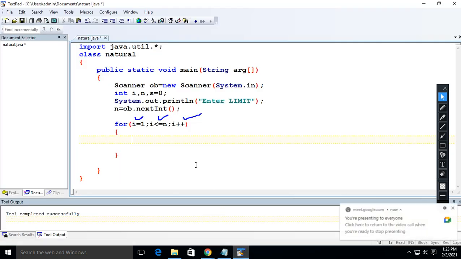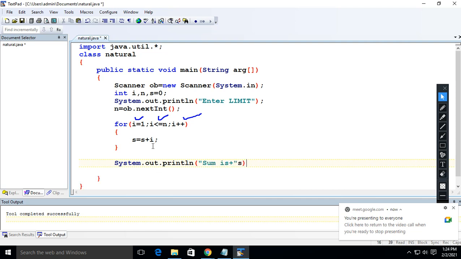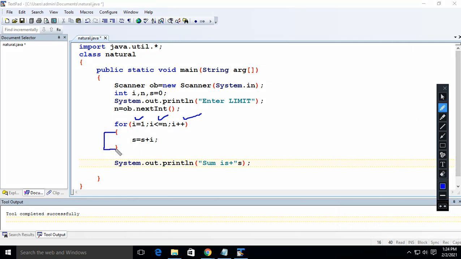Now wait. Look here on the screen, everybody. Now see, Archit, how many outputs will you get in this question? Beta, please mute yourself. In case of single output, please try to understand. In case of single output, the printing always has to be outside of the body. Everybody please pay attention. The printing will be outside of the body. Why? Because you are getting a single output. Suppose, let me show you the dry run.